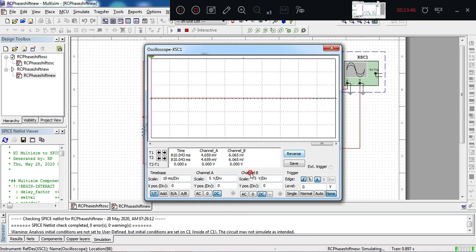You observe that the channel B values are continuously changing. Earlier they are in nanovolt, and it is going on increasing. You have to wait for some time till you get a sinusoidal waveform as the output. This will take some time.